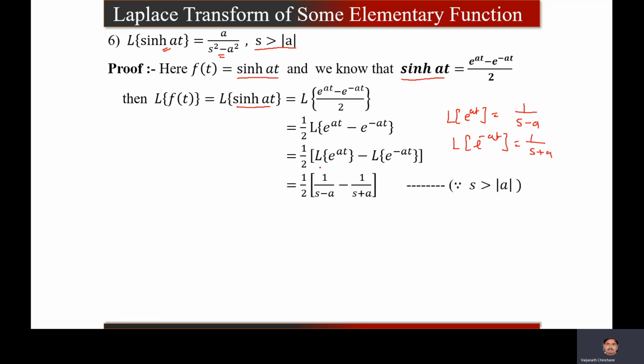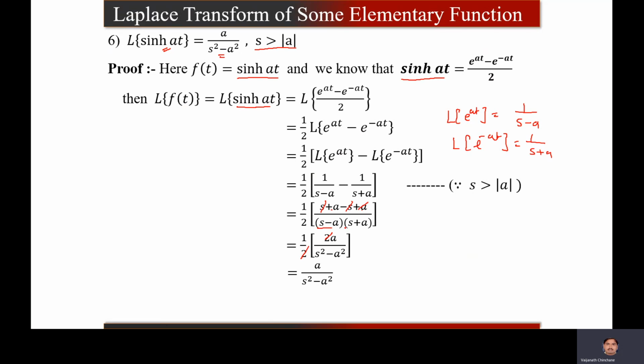Put these two values here. So 1 by 2 as it is, Laplace of e raised to at is 1 upon s minus a, minus Laplace of e raised to minus at is 1 upon s plus a. And therefore after cross multiplication, we have s plus a minus s plus a: s minus s gets cancelled, a plus a is 2a, the two get cancelled, so we have a upon s square,